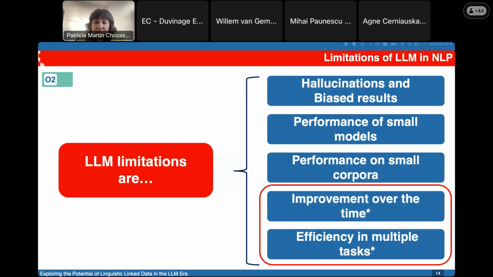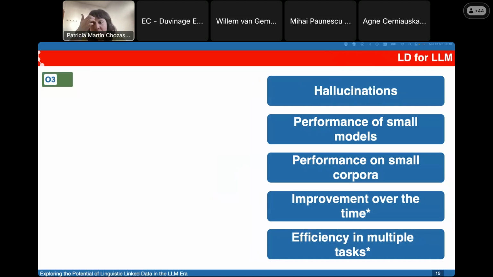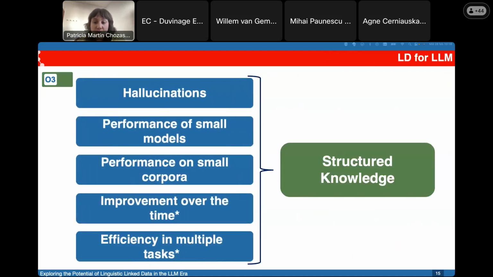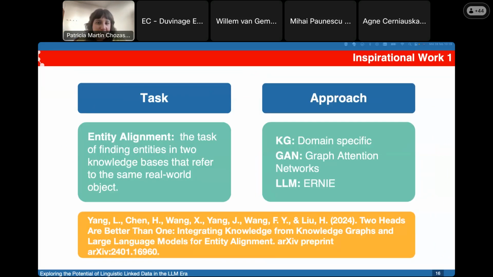So keeping these limitations in mind, let's now see some examples of how structured knowledge can help. And with this, we move to objective 3, to explore the possibilities of introducing structured knowledge, and specifically linguistic knowledge, in LLM processes. And for that, I'm going to show some recent research works, and comment on them in broad terms on the technique employed, just for inspiration. So let's start with inspirational work number 1,